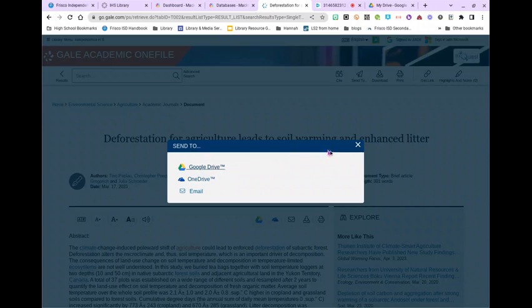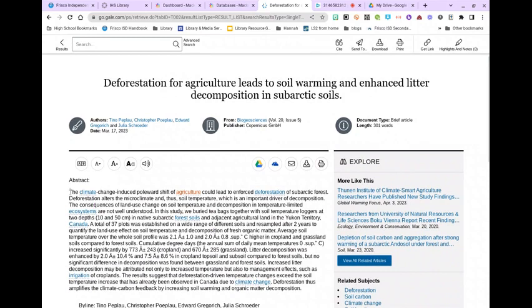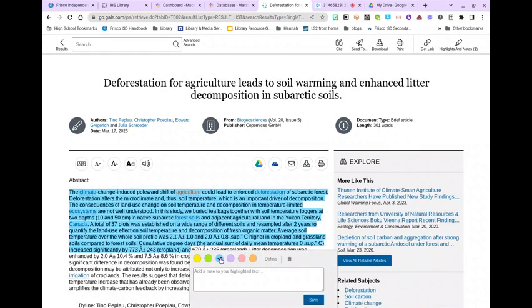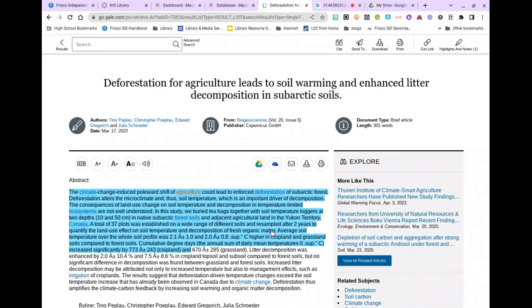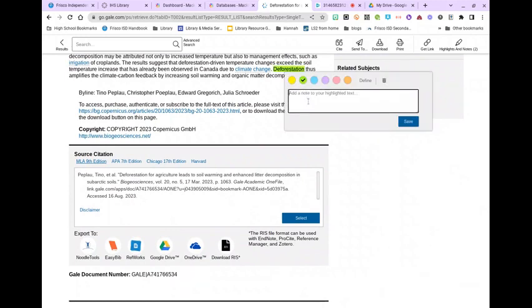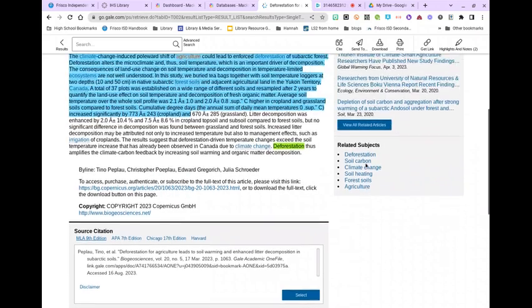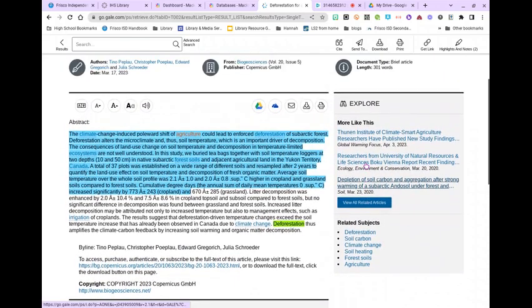There are two different ways that I want to show you. Oh yeah, we'll also talk about downloading to your device. But first, I want to show you the highlighting feature, which I'm sure you're familiar with. I'm going to highlight two sections, and I'm going to add a little note to the second highlighted section. I just want you to see how your highlights and notes will be in Drive when you send your article over, okay? So I'm going to go up, and